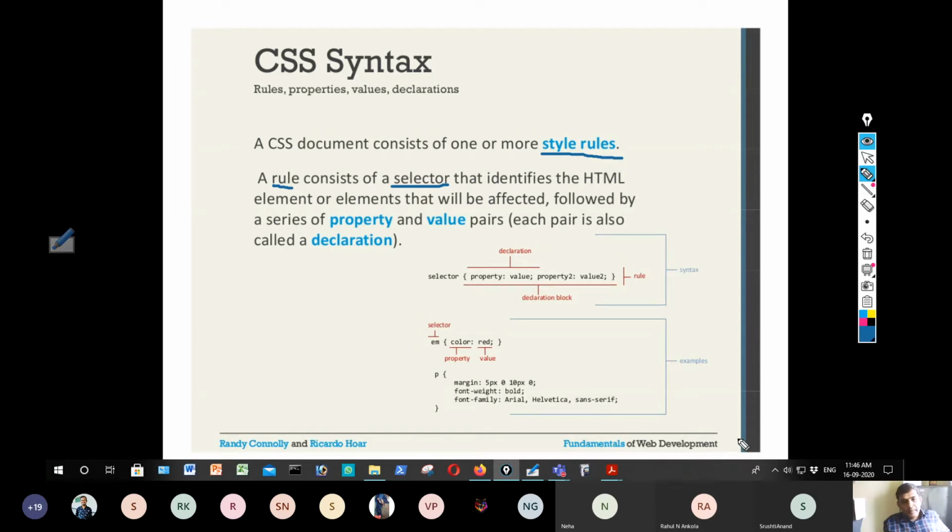In the coming chapter we will define what a selector is and its importance in CSS. But right now, a CSS rule consists of a selector, which is usually the name of the tag without angle brackets, that identifies the HTML element or elements that will be affected.